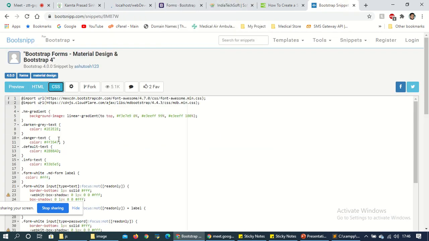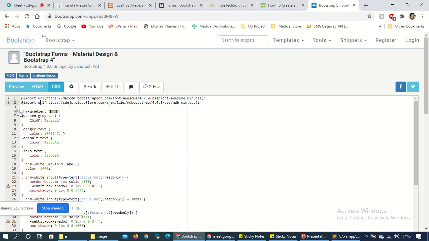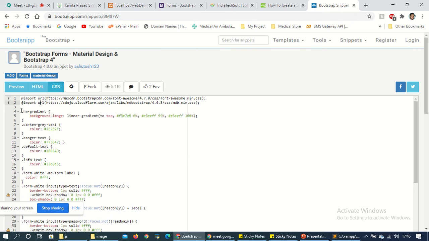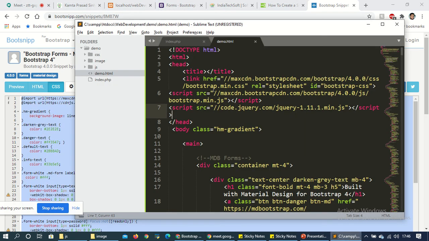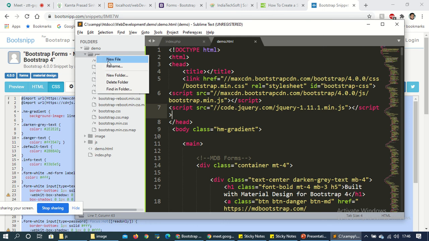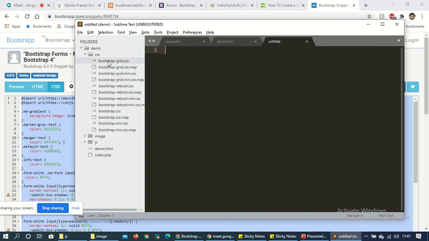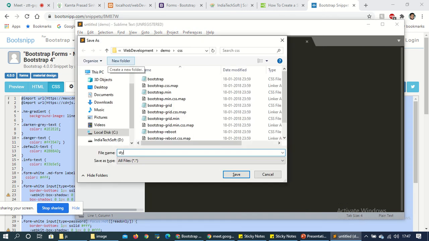Now just go to the CSS, and from here, because we have to import the URL, just copy. Now we can also create an external CSS. So here I'm going to create one CSS file. The name is style.css.